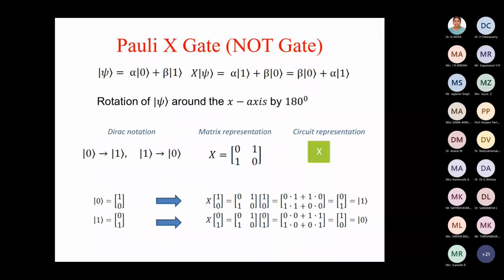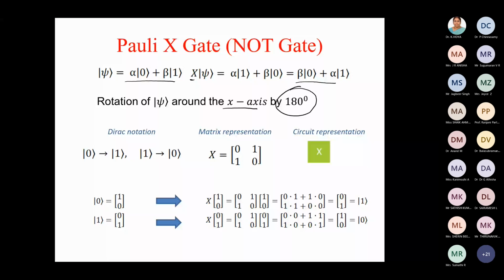So in general qubit, you can visualize like this. If alpha beta is there, then it will swap those coefficients, X gate application. And on the Bloch sphere, if you visualize this X gate, then it is just a rotation, okay, rotation of this state psi around X axis. Okay, so X gate is rotation around X axis, and angle is 180 degree.